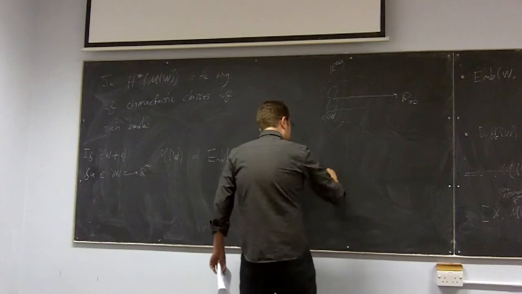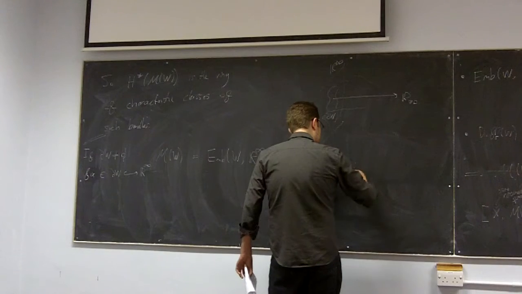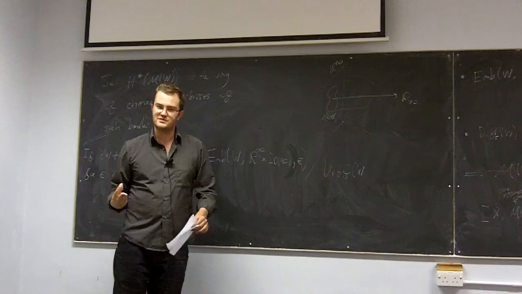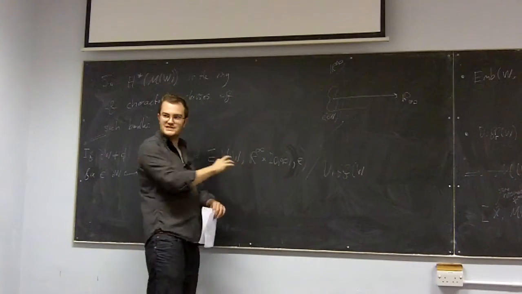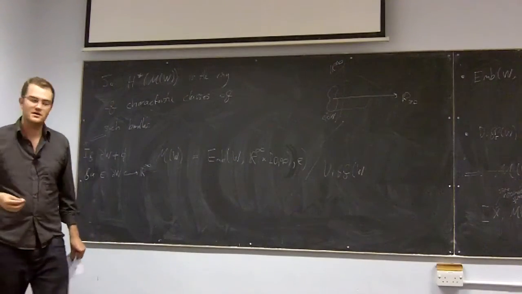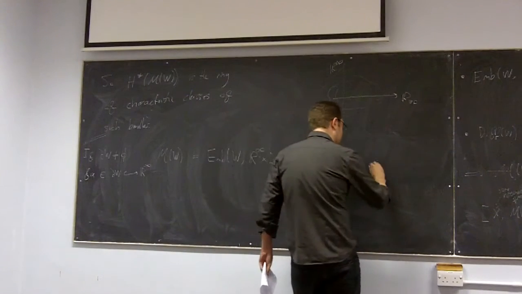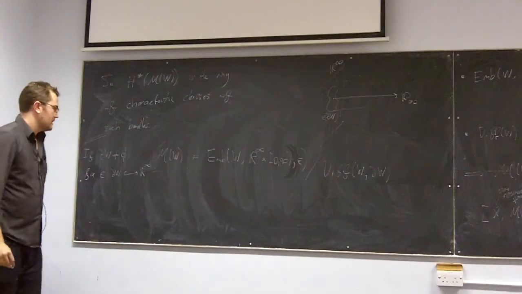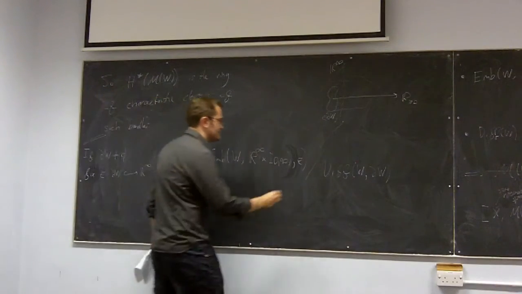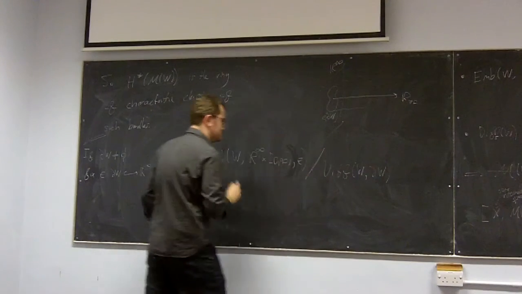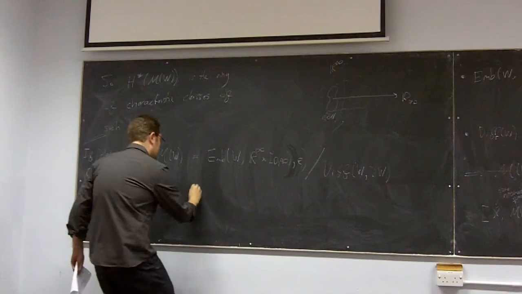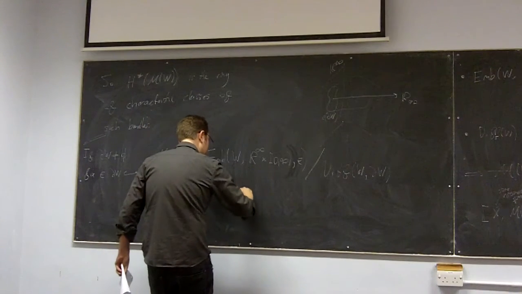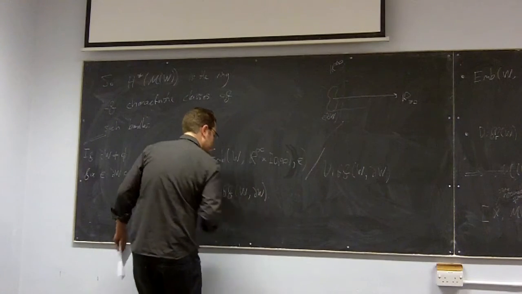And again, I do exactly the same thing. I divide that by the diffeomorphism group of W, but now you notice that if I allow all diffeomorphisms of W, it won't act on this space because it will change the embedding on the boundary. And so the best thing I can do is act by the diffeomorphisms which are the identity on the boundary. So this is my definition if W happens to have boundary. And again, this is a model for the classifying space of the diffeomorphism group relative to the boundary.